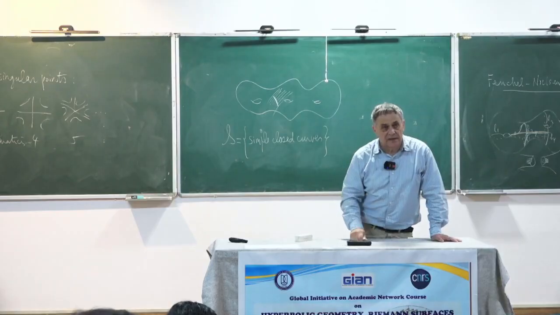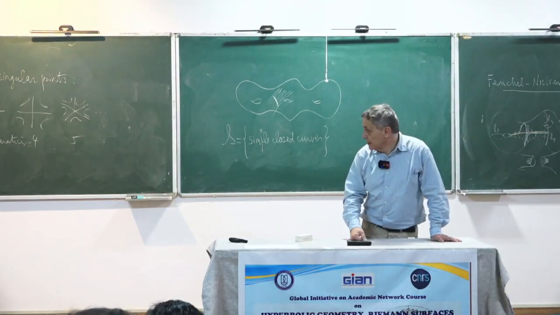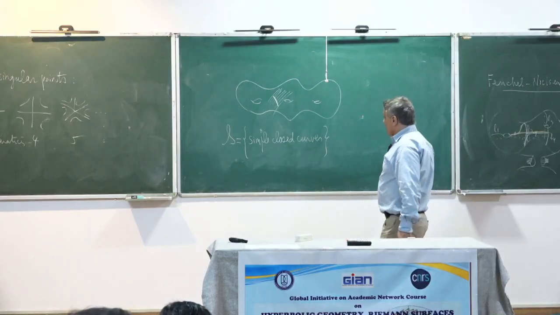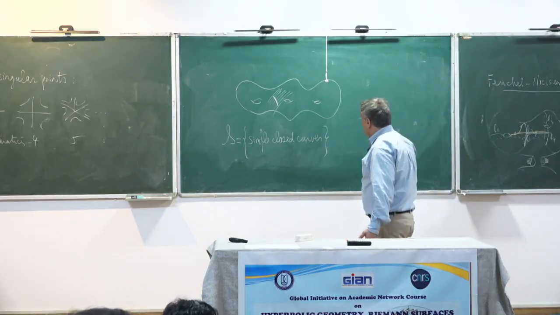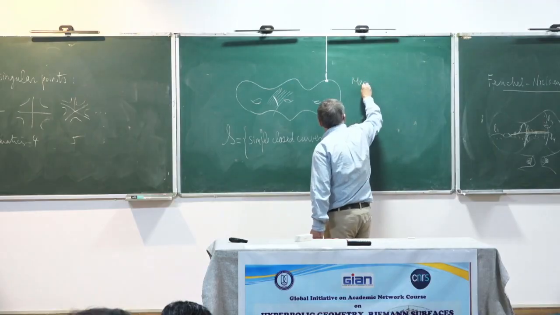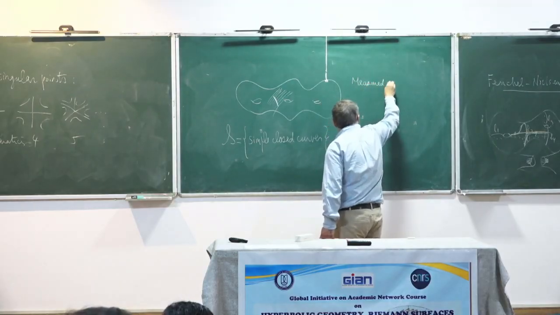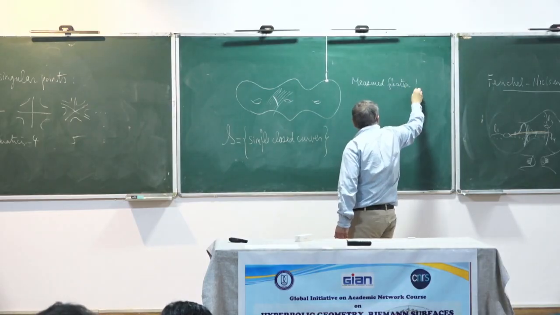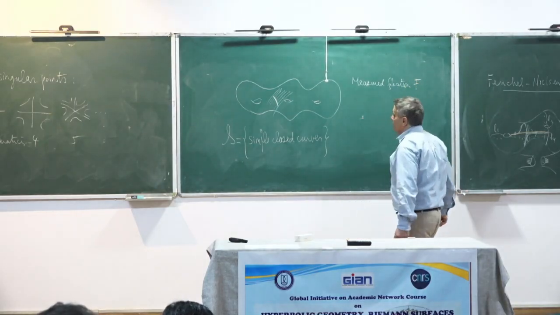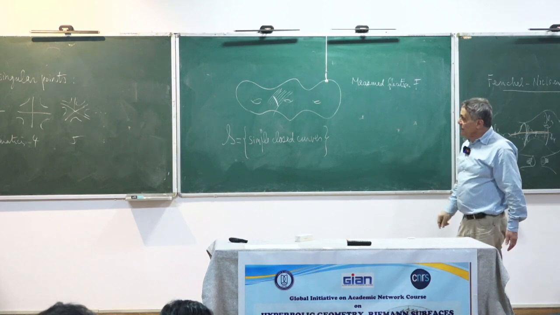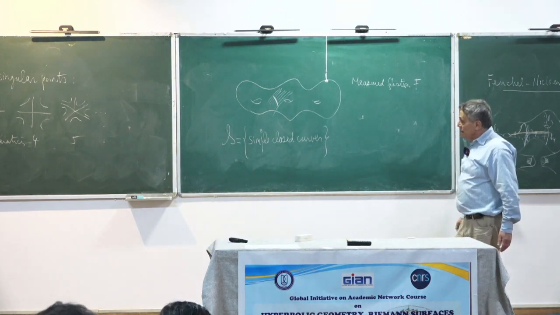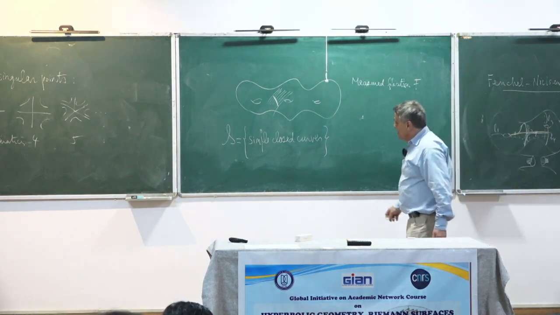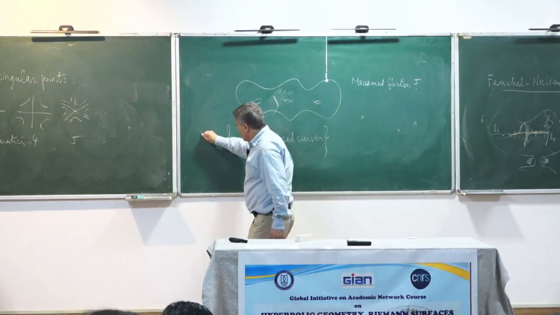I'm not interested in closed curves which I can shrink to a point. And then I have a measured foliation F. F is my measured foliation. And if I take gamma, an element here,